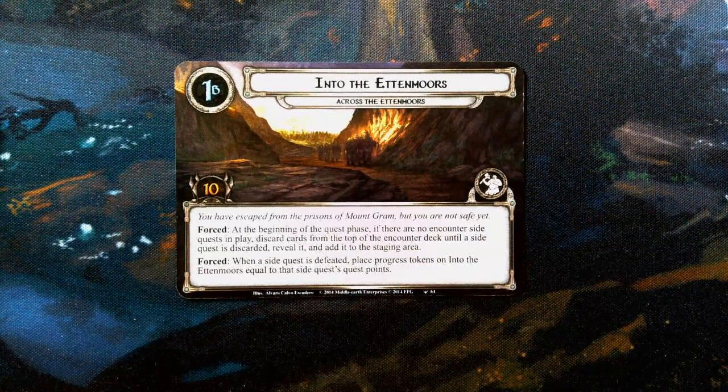If there are no encounter side quests in play, discard cards from the top of the encounter deck till a side quest is discarded. Reveal it and add it to the staging area. And then it says when a side quest is defeated, place progress tokens into the Ettenmoors equal to the quest points of that side quest. So